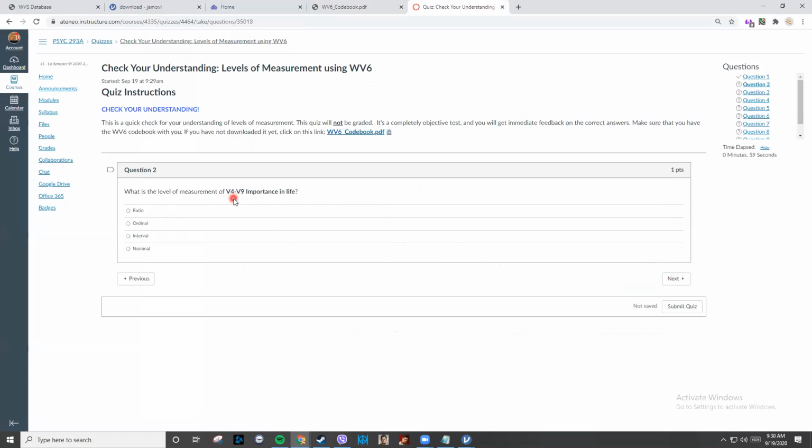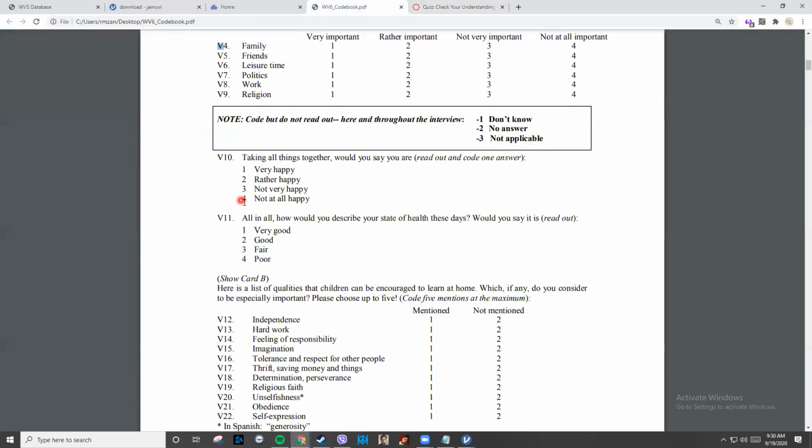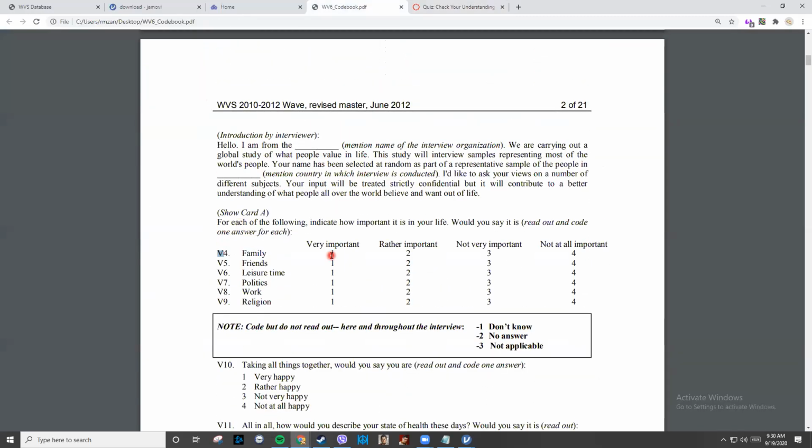The level of measurement for V4 to 9. V4 to 9 is a Likert scale, and as we remember, Likert scales don't have actual, strict measures in between each other.